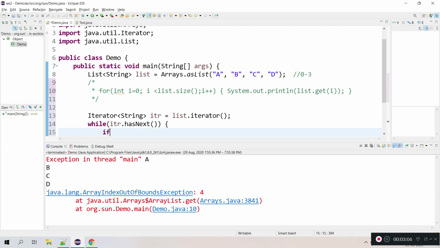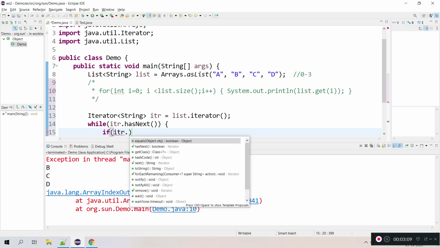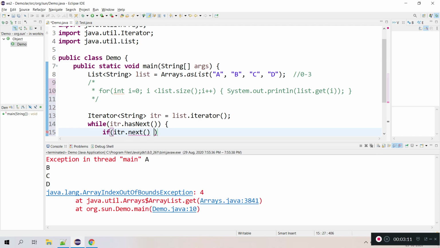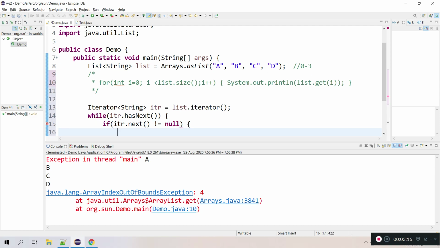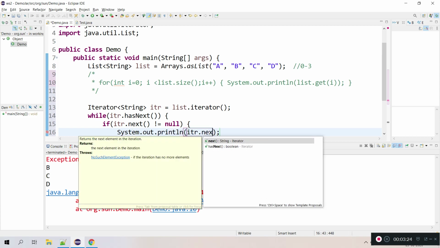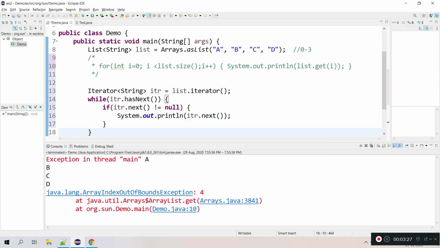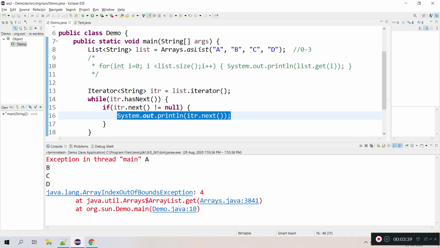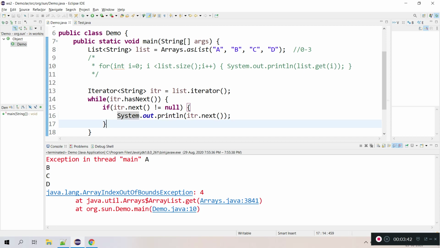And here I want to check that the next element is not equal to null, then only I will print that element. So this is my simple logic. I'm checking whether the element exists or not, and if the element is not null, then only I want to print, so that I can skip printing the null elements.